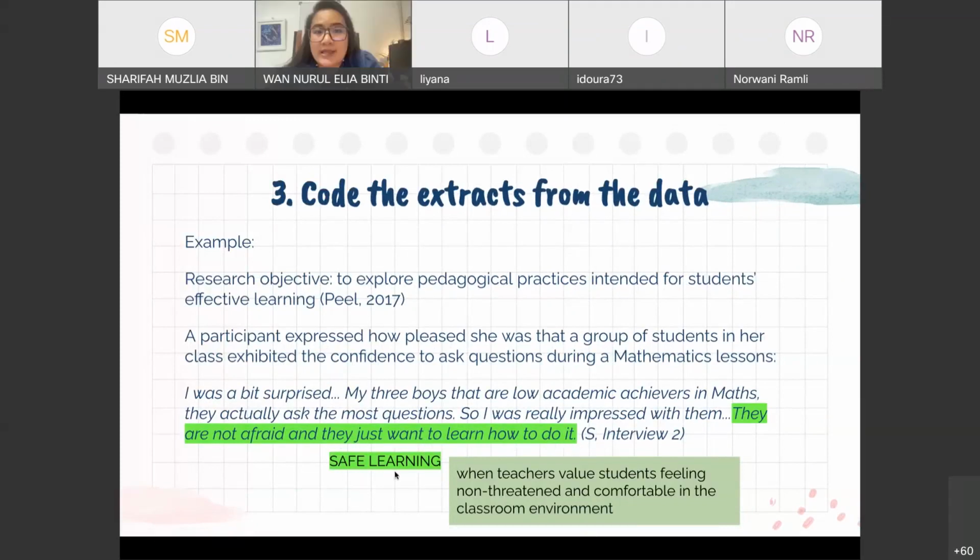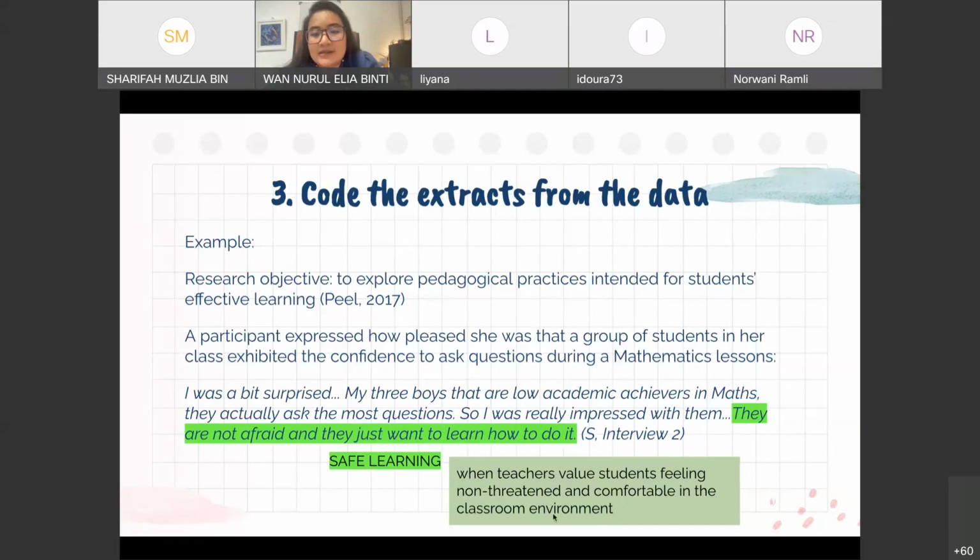Safe learning. So that is the code that is assigned to this particular phrase. Okay. Now, safe learning is the code. The one in the light green in the other box is the description: when teachers value students feeling non-threatened and comfortable in the classroom environment.